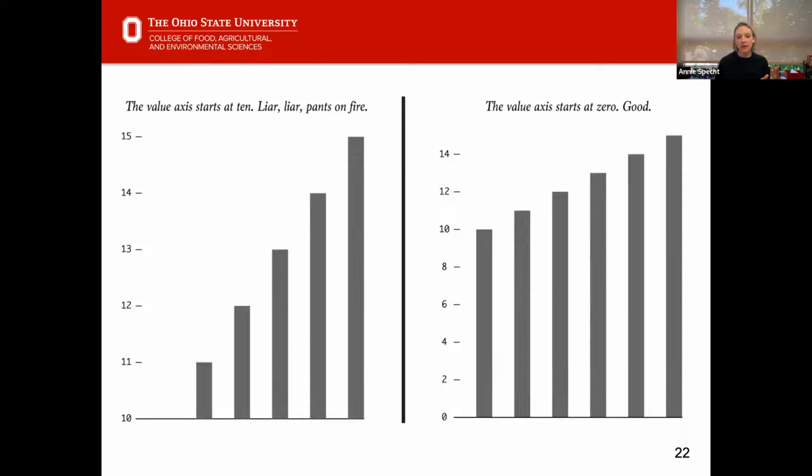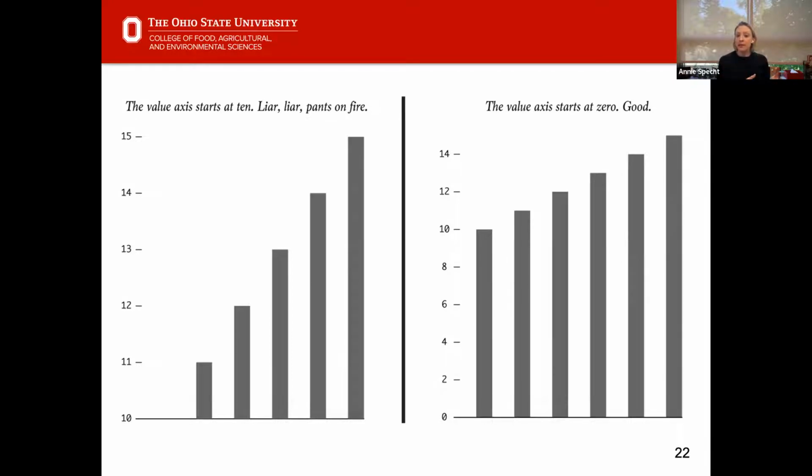So here, the example on the left, you'll see it actually starts at -10 and then drops to -11, right? So basically we are emphasizing the differences here. If we look at an axis that starts, I think that's actually supposed to be -10. So it goes -10 to -14 or -15. The version on the right starts at 0 and has a much longer y-axis, right? So we're looking at a more accurate representation of the changes in the data.